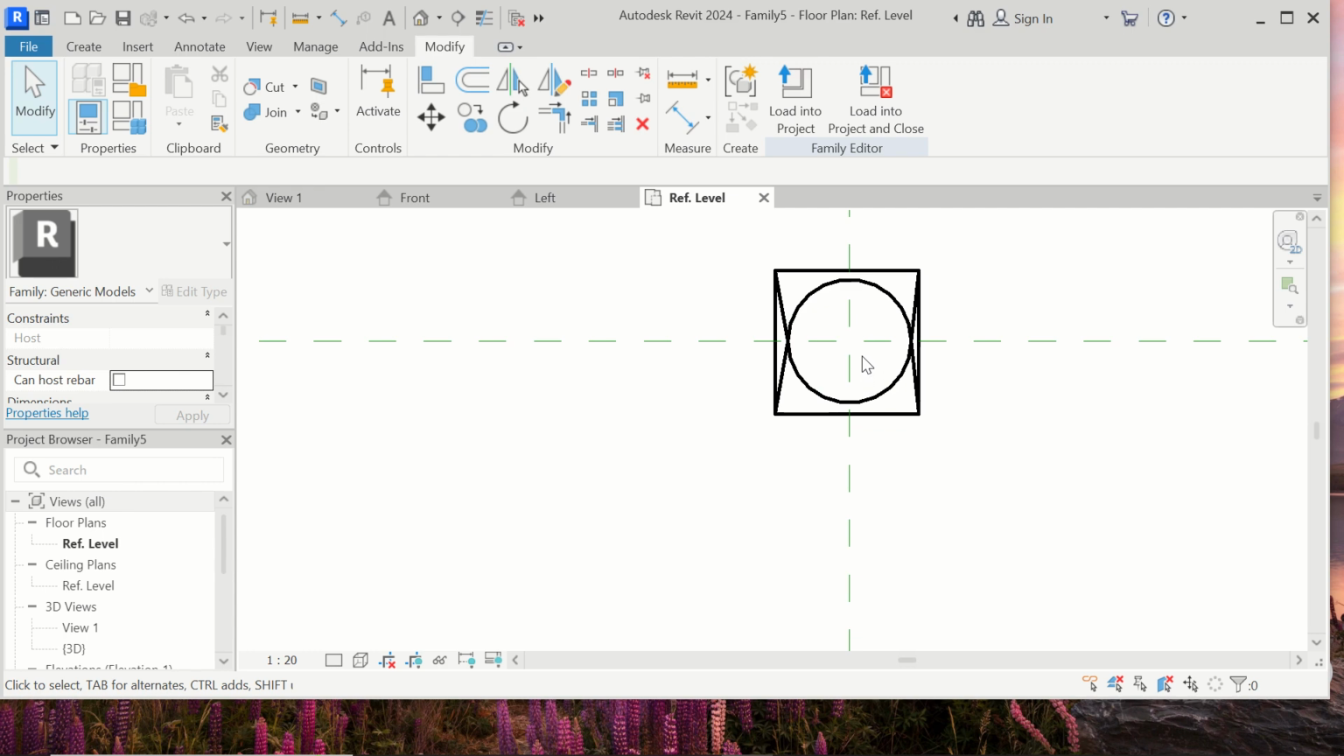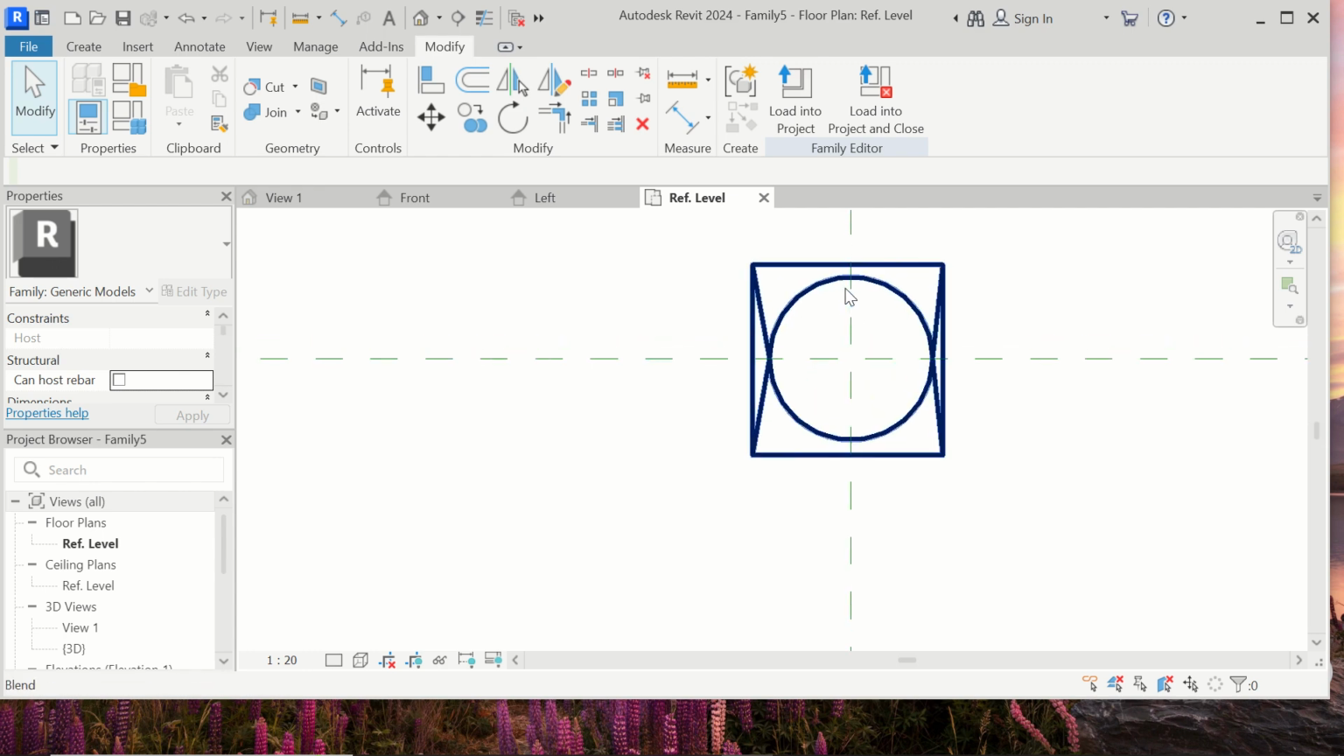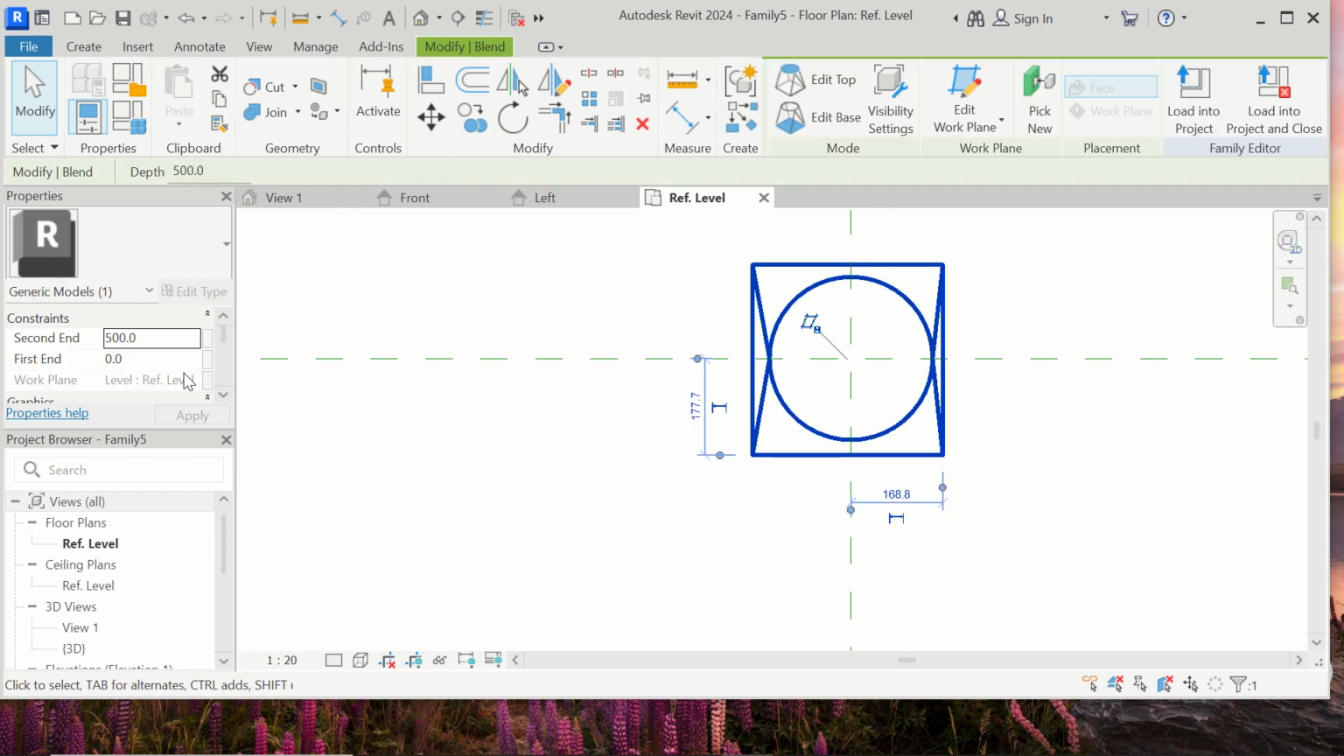Now I'll show you a feature that's used if you want to create a hollow sphere and a void inside this particular object. If I click on the blend here and scroll down on the properties, you'll see that you can change it from solid to void. So let's create